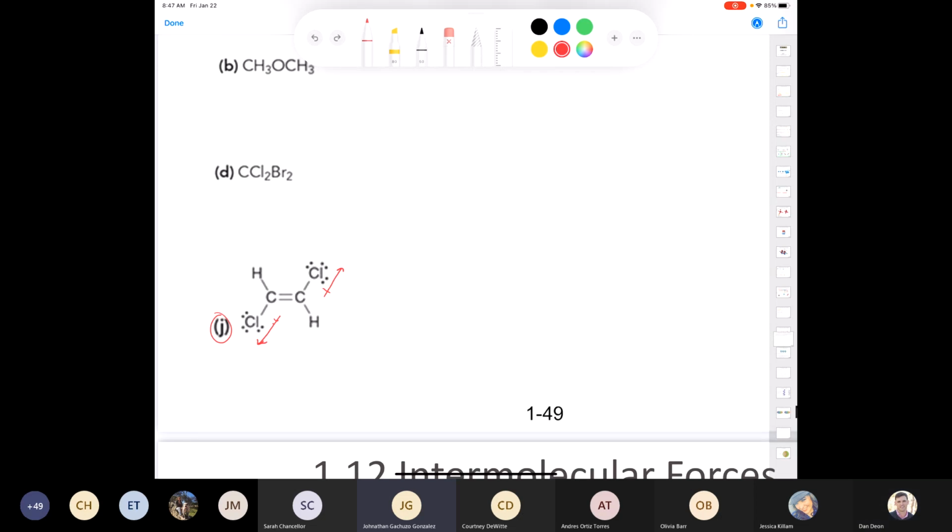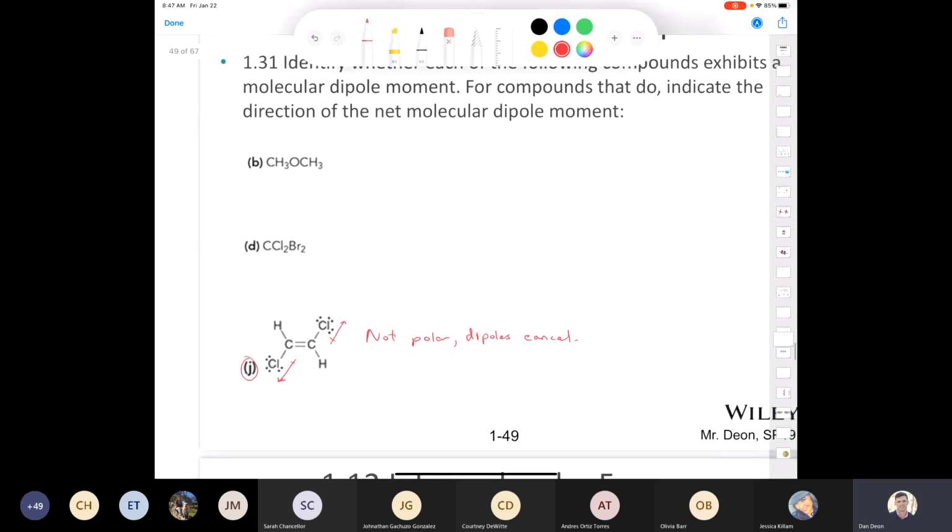No, wouldn't they cancel each other out? Absolutely. So we'll put here non-polar, and we'll just make it quick here. Dipoles starts with C, ends with ancel. That's right, they cancel. There you go. All right, let's look at the next one, D, which is